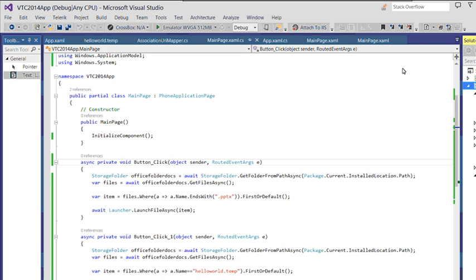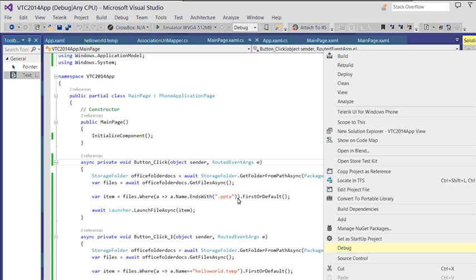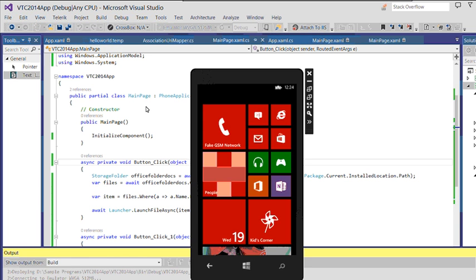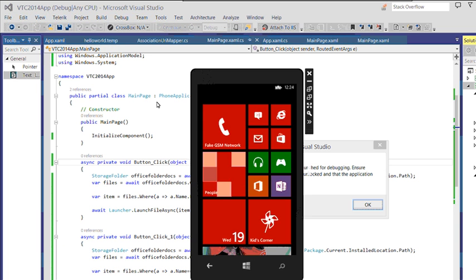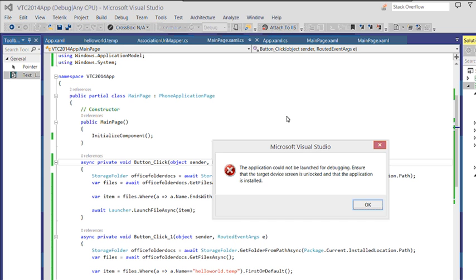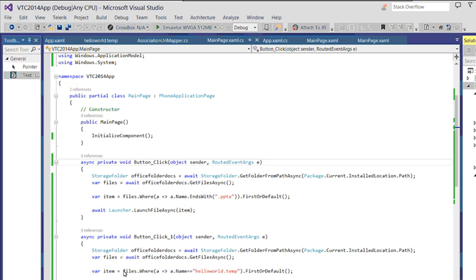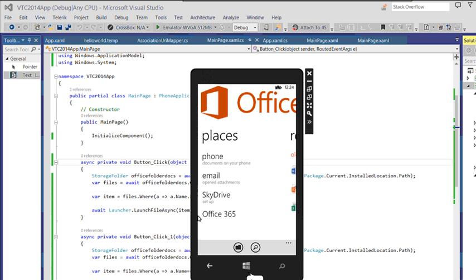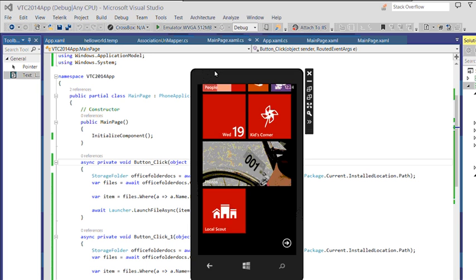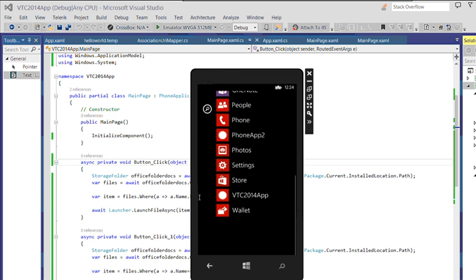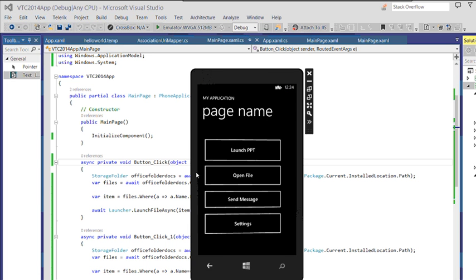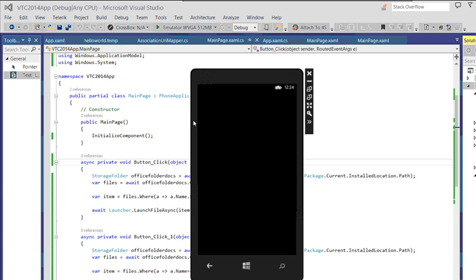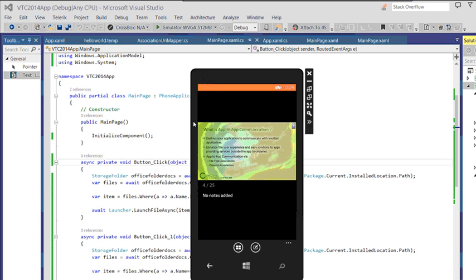So let me say debug and start new instance. Okay, it says target device. Yeah. So now when I tap on the Launch PPT button, I would generally see my PowerPoint presentation